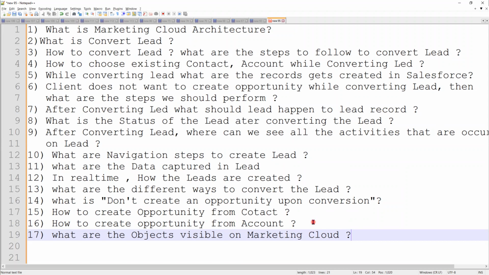Fine, these are the questions. And we'll give you the Trailhead links. Practice these Trailhead links if you get time. That's all for